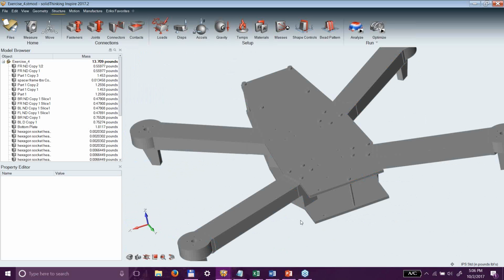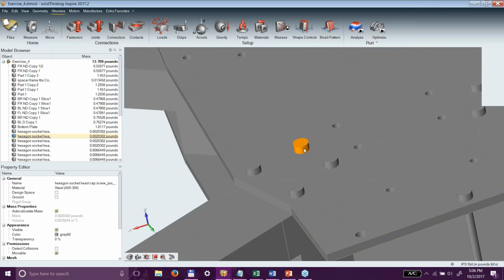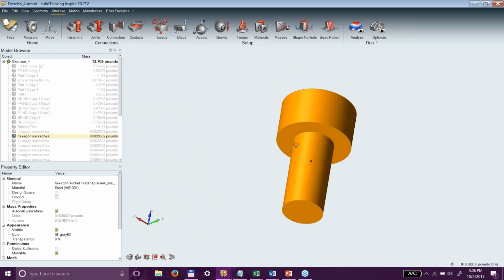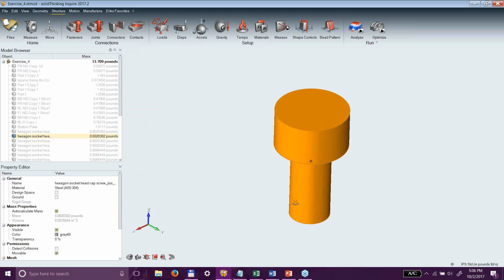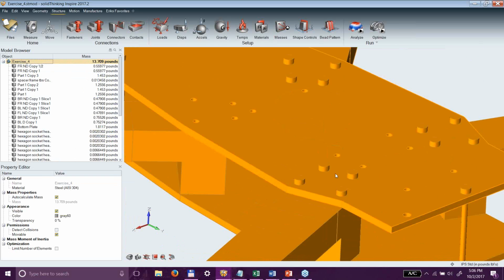The reason why is because they've gone through and given me all these little solid parts. I've just isolated this: I clicked on the part and selected I for isolate. All of these little parts represent all of the screws that hold this together. So these screws have been screwed in here, and that's great, but that's really not the way I want it represented. I want it represented with an actual